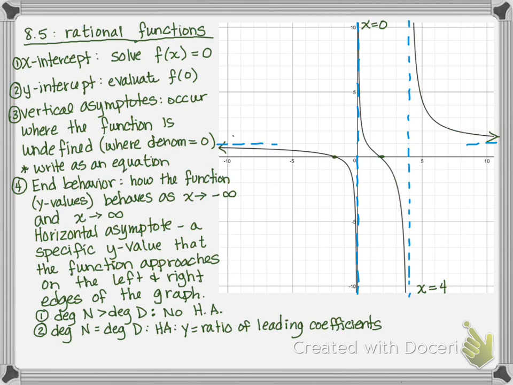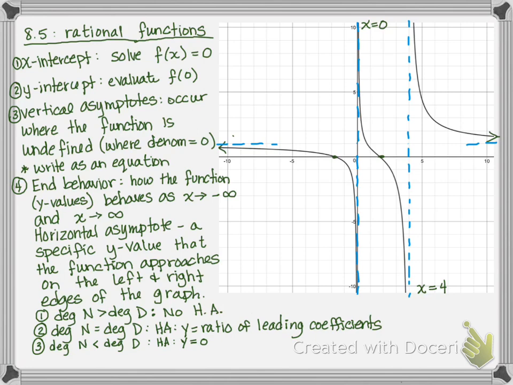So generalizing, if the degree of my numerator is less than the degree of my denominator, then my horizontal asymptote is always y equals 0. So this kind of summary here at the bottom, if you want to just memorize that instead of going through